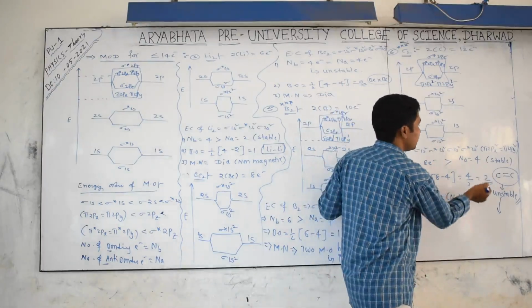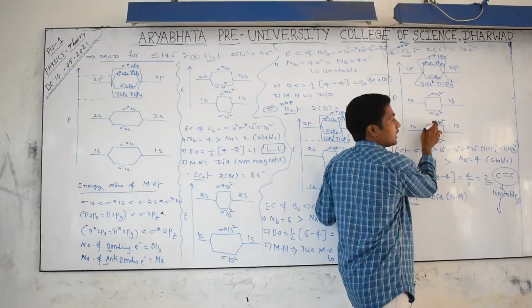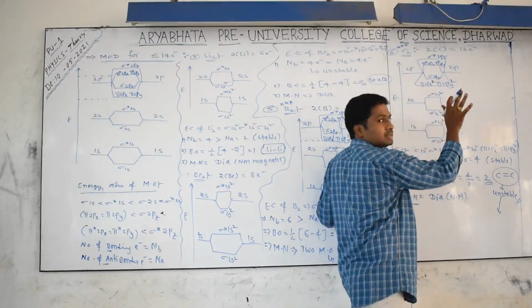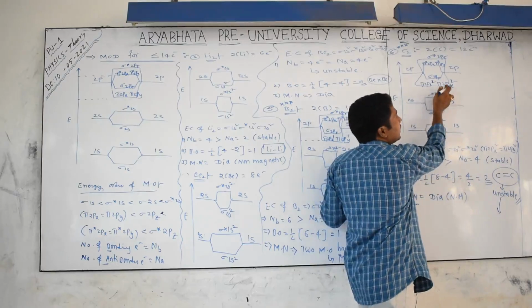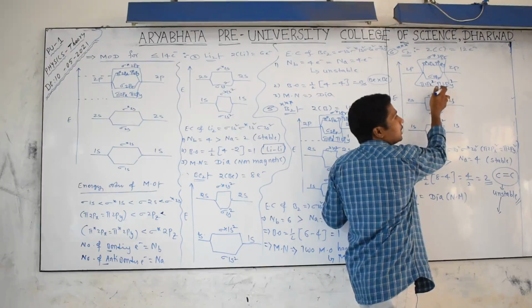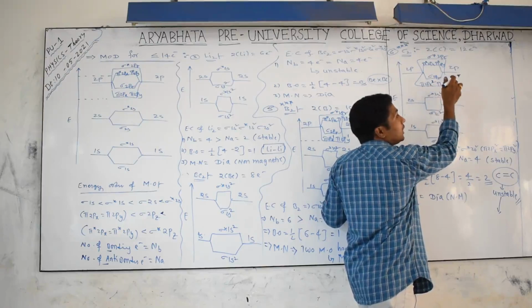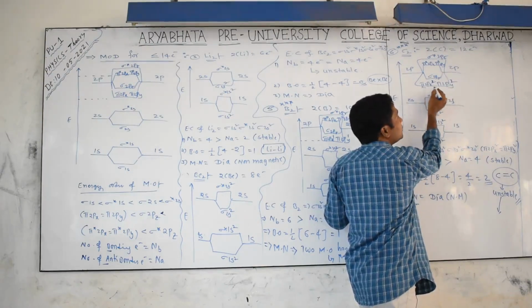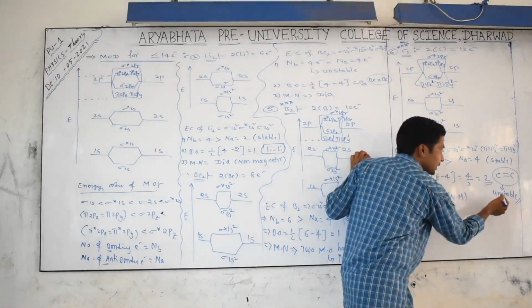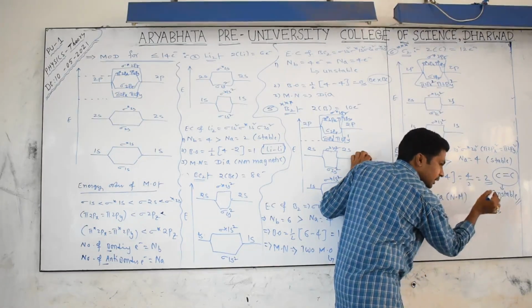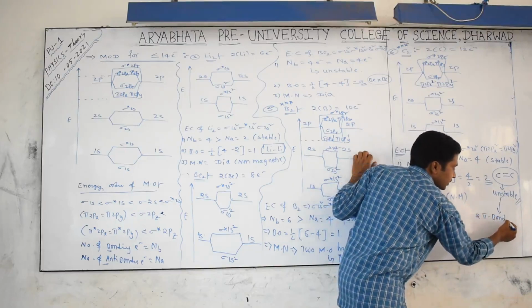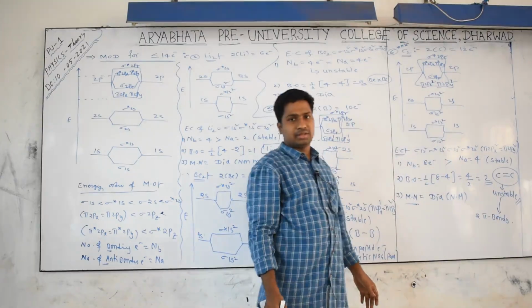Whatever sigma 2s and sigma star 2s means 4 bonding and 4 anti-bonding cancelled. Now how many are there? Only bonding will be there. How many? 4 are there. In which orbital? Pi orbital. That's why we get 1 by 2 of 4, finally bond order 2. That is because of the pi orbital. That's why we can tell in the C2 molecule, in the unstable state, we are getting 2 pi bonds between them.